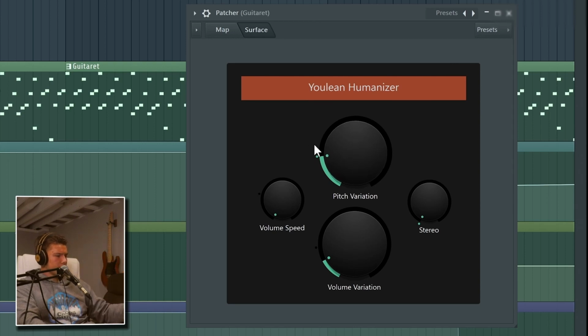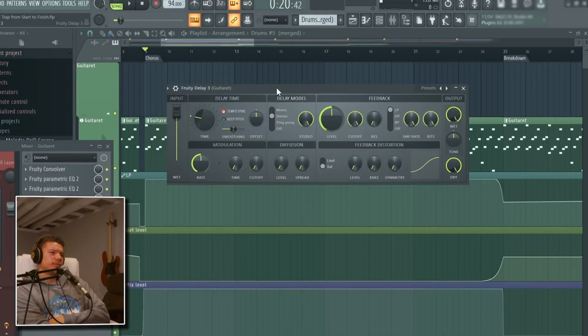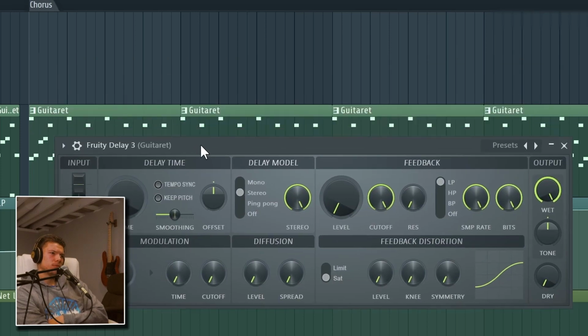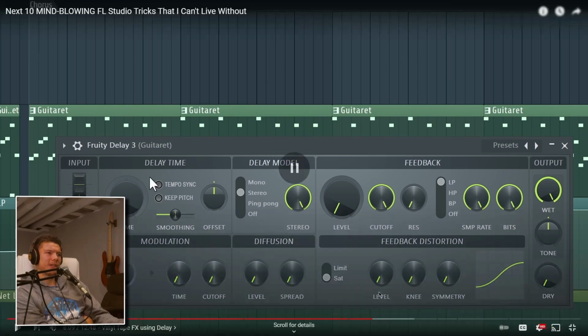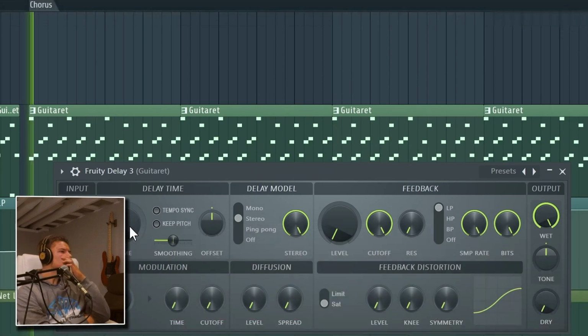There's a pretty nice alternative that I want to show you, and this one is using delay 3. We want to take feedback all the way down, take the dry all the way down, and modulation all the way down. Now, in the delay time, you unmark tempo sync, make it a default, like super default preset, and if you trigger the time while everything is playing,